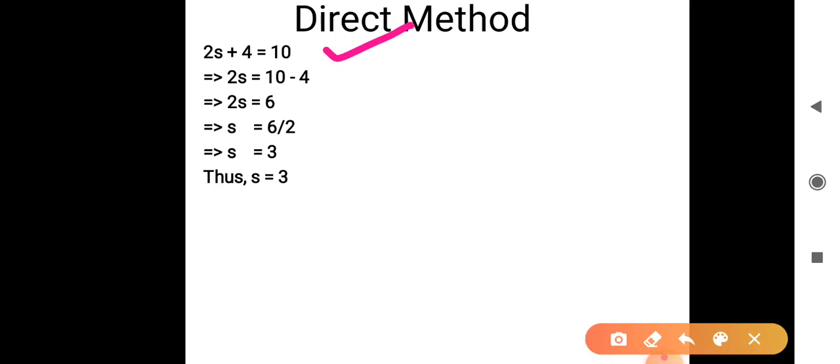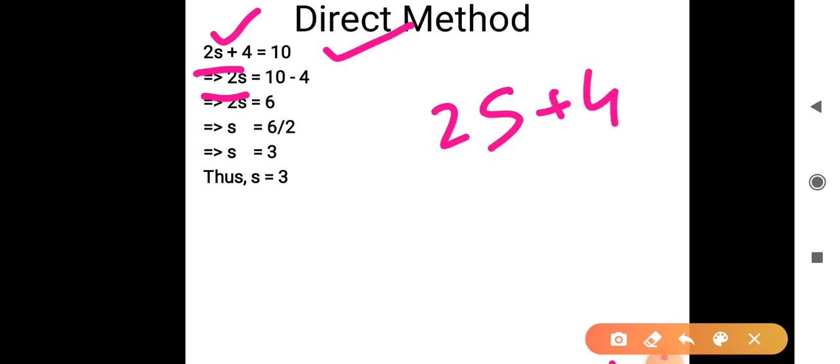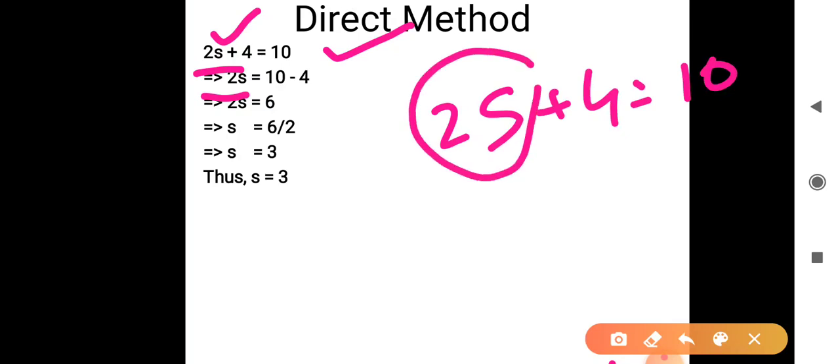What did I say? If we want to find the variable of the given equation, say s here, then we first need to make the term containing our variable alone. So as you can see here, twice s plus 4 is the left hand side, equal 10, right? So what am I supposed to do here? S is along with 2, thereby twice s is the term of this particular equation, and I have to make this alone. I have to remove whatever else is there, the sign, any number. I have to remove everything.